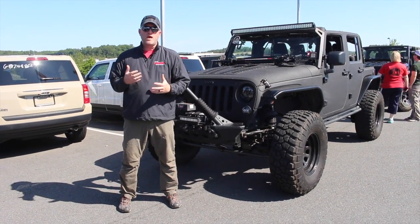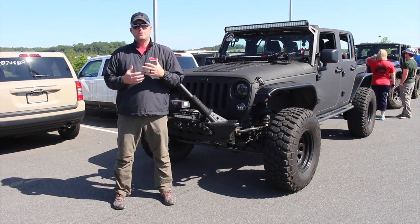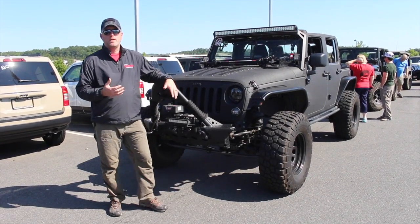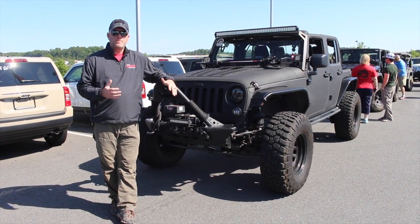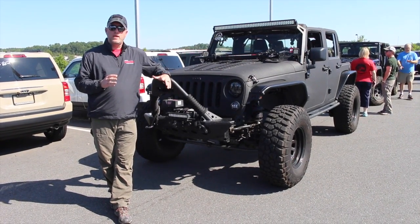Today we're going to go over some of the top mods, modifications to your Jeep if you get one, that just kind of help you enjoy your Jeep a little bit better. One of the first things we're going to talk about today is, when you get into Jeep and off-roading, one of the most important things you need to get right off the bat as soon as you can is a